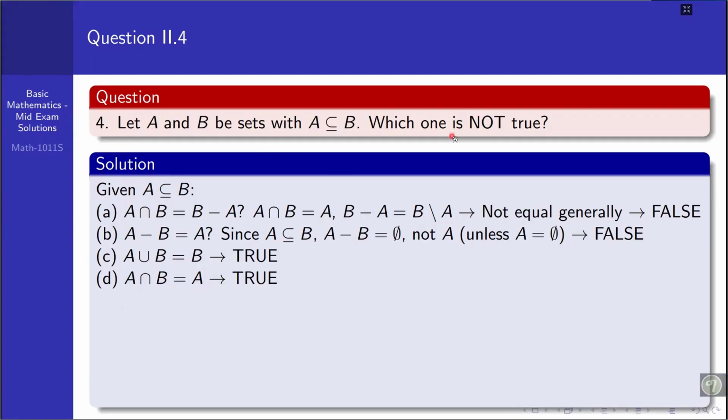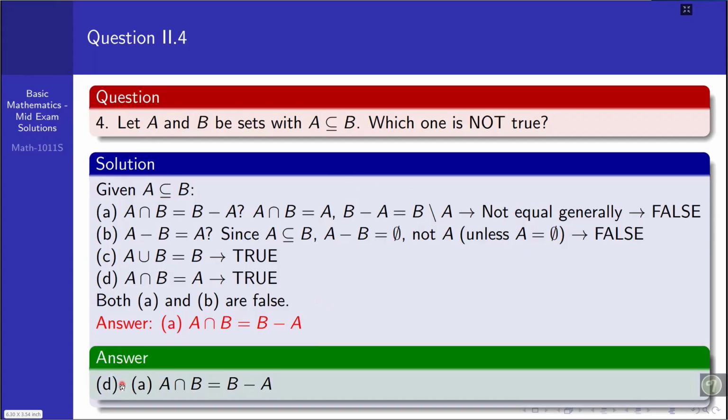Therefore, the statement which is not true here is that, even though in that of B are false, but with a certain restriction, that simply B will be false only when, because we have a restriction, unless A is equal to this one, which is implicit. Therefore, the best and correct answer for question number 4 will be the first one, that is A: A intersection B is equal to B minus A, it is not true, since A is a subset of B, so that the answer is